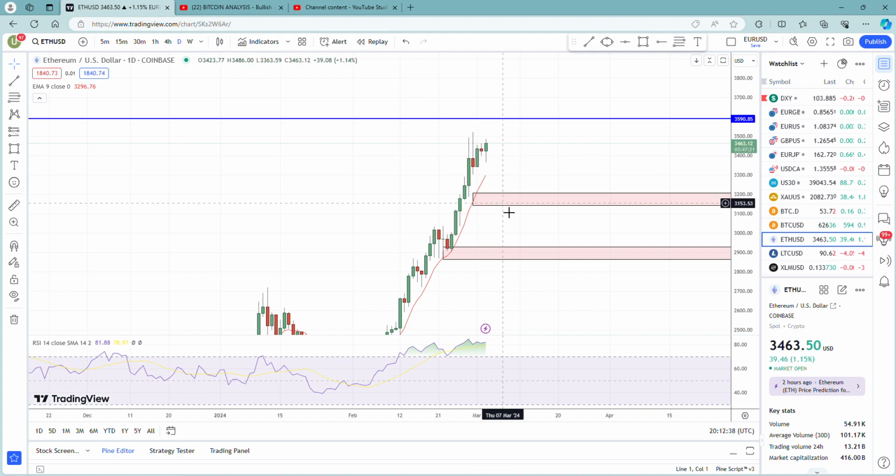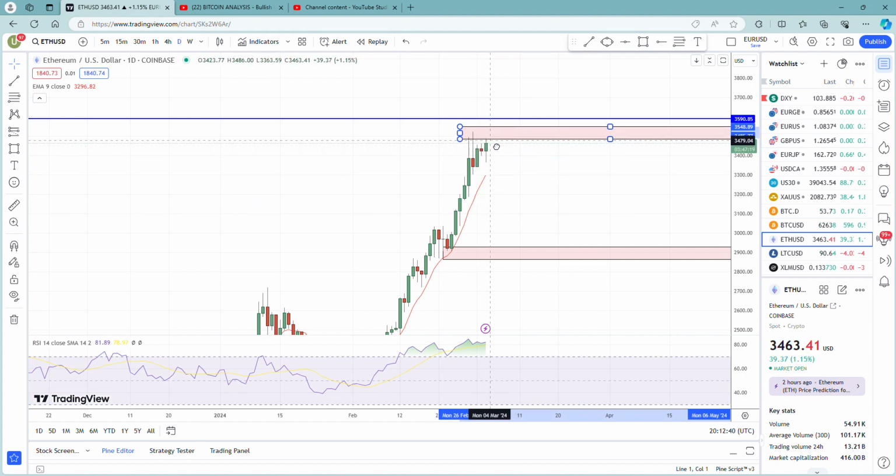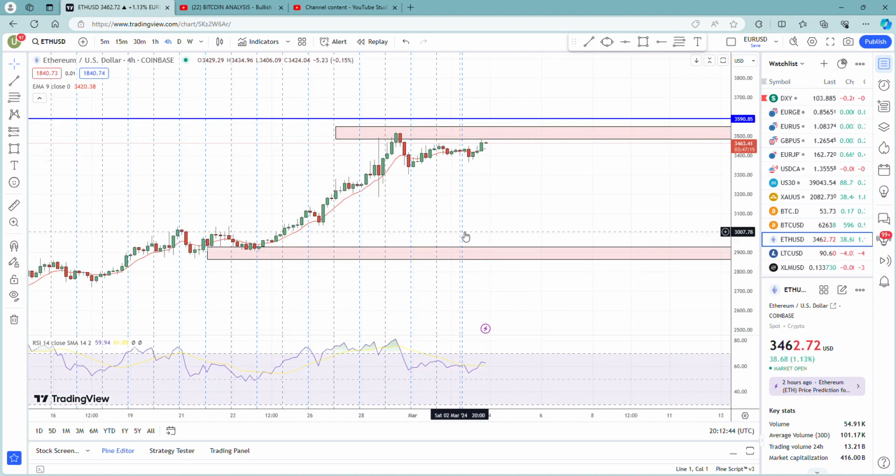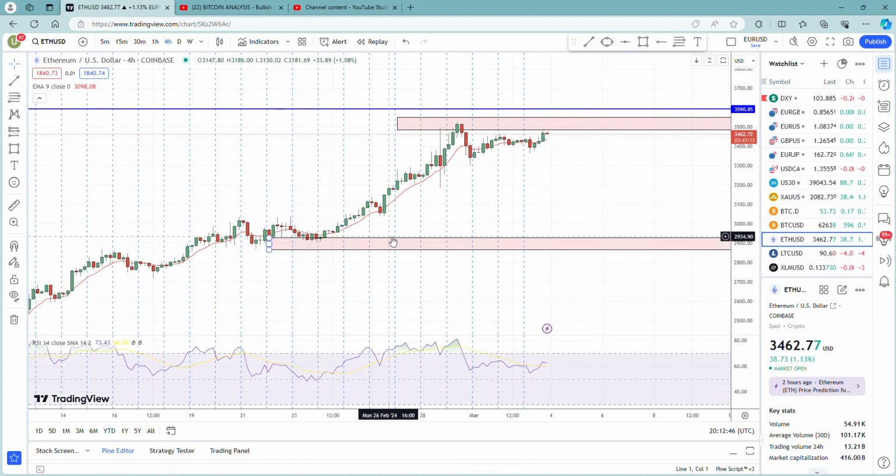So what I do is I use this as a daily level here, and then you go into the H4 time frame. You want to trap the price between two levels. So here we've got two daily levels. Now we want to break it down on a smaller time frame and make it within the H4. So what I would do is